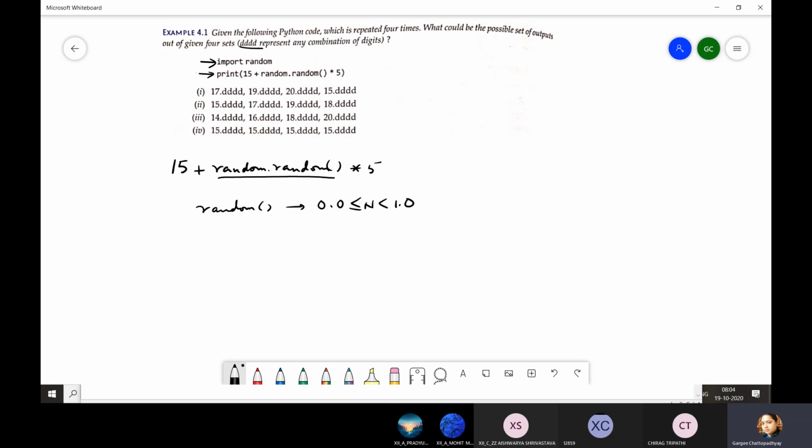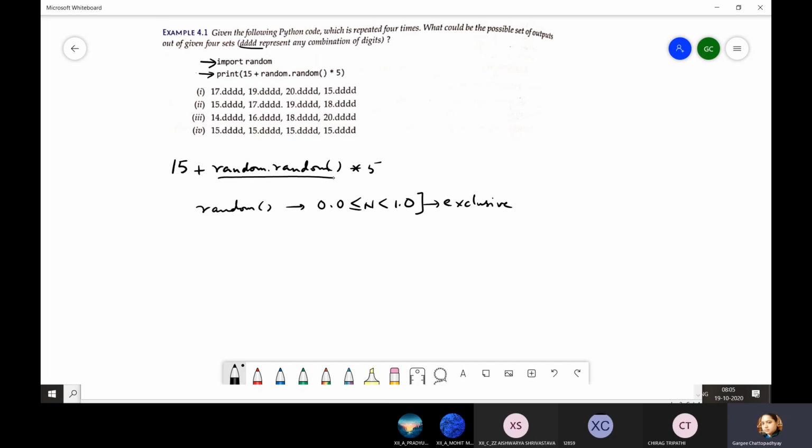We cannot fathom all that. So we just have to consider the lowest limit and the upper limit. This random function gives us any value between this range, where 1.0 is exclusive. It is not included, but 0.0 is included.